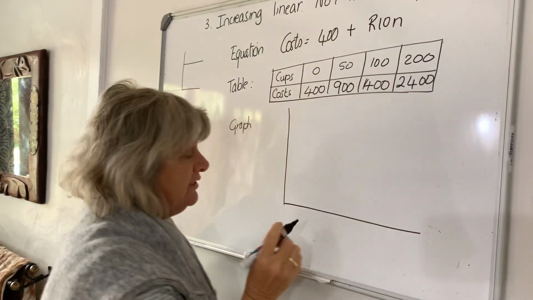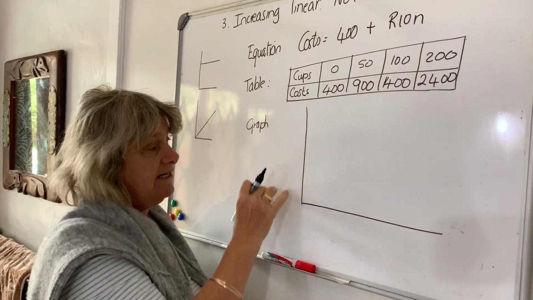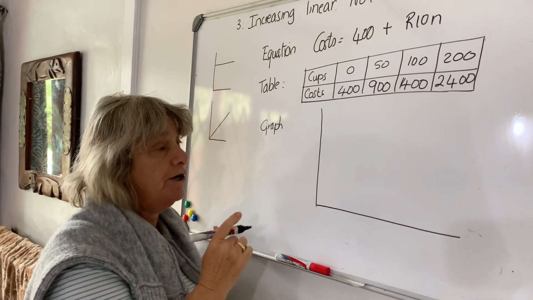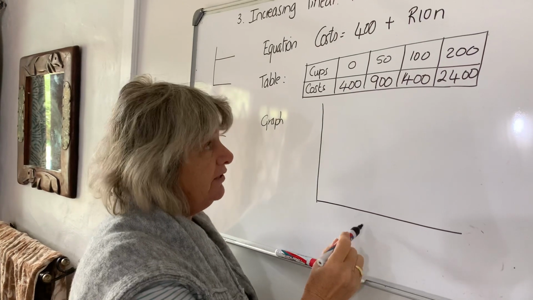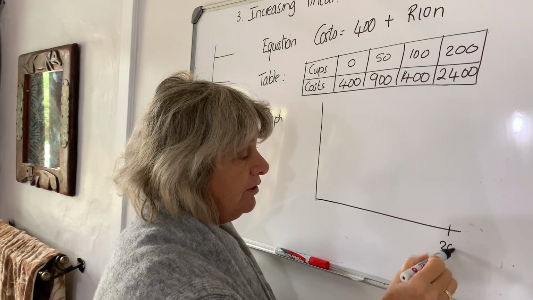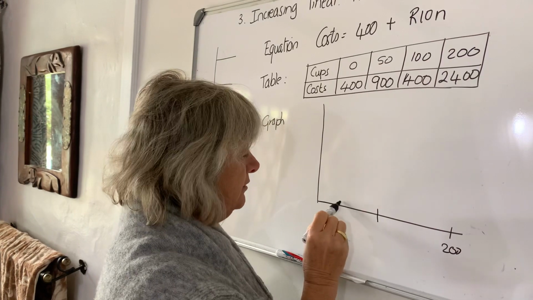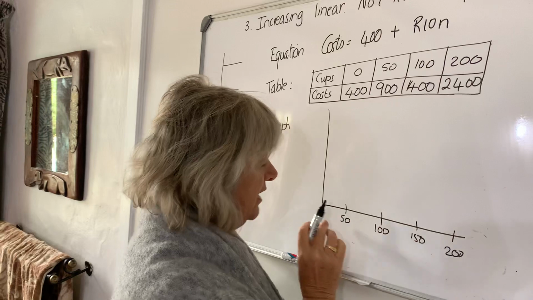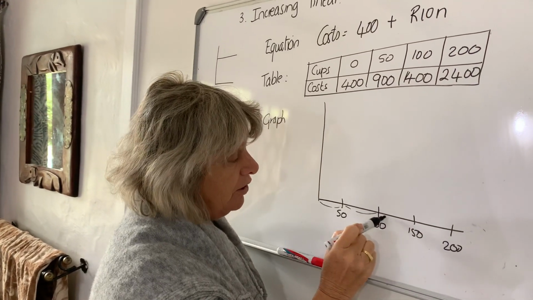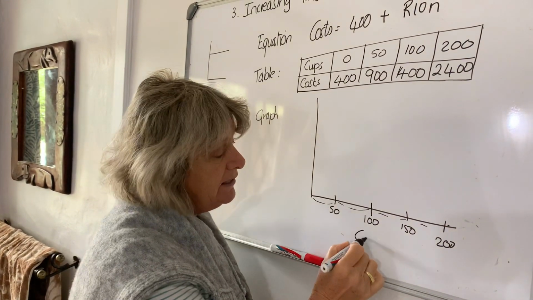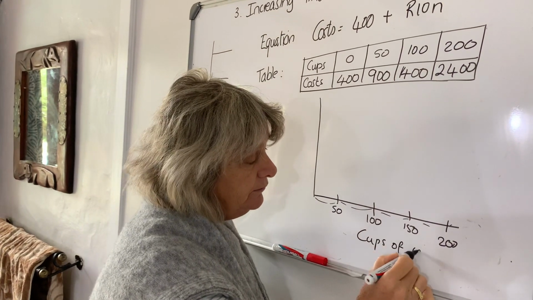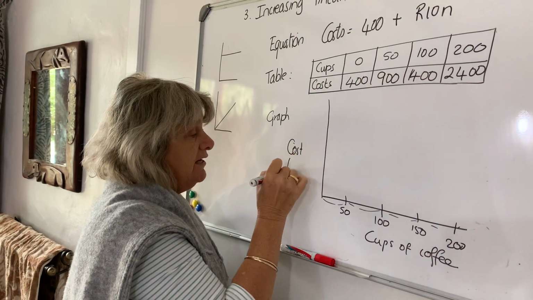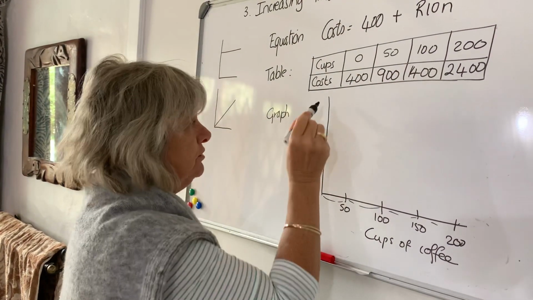Right, so one thing I noticed in the work showed me yesterday is that there weren't any values, and that was probably because my demo didn't have values on, but we should have some values. So here we'll have cups of coffee, and we're going to go up to 200. So we choose the scale, we'll maybe go up in 50s, 100, 150, 200. Make sure your gaps are as evenly spread as you can make them, and write here cups of coffee sold, or just cups of coffee, and this will be costs in Rand, and we need to get up to 2,400,